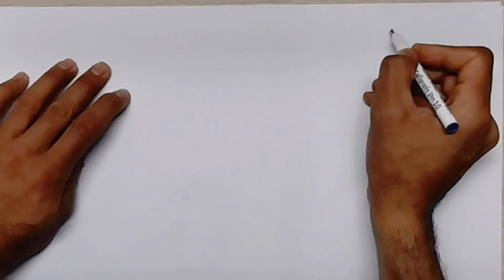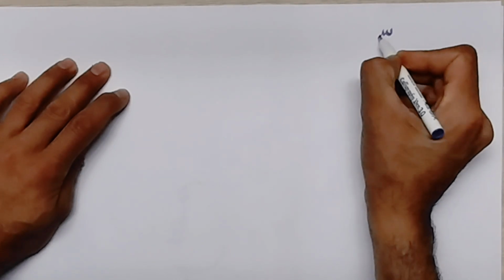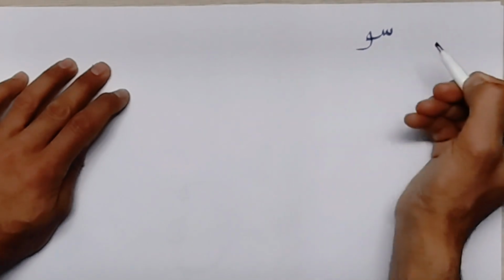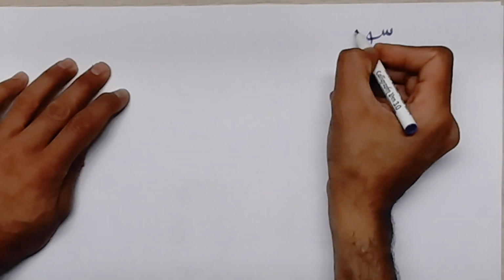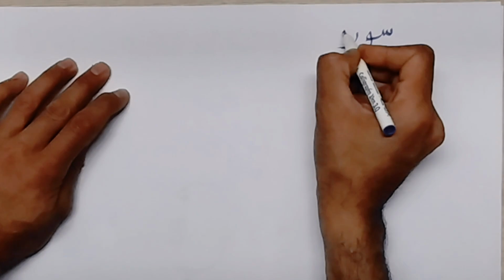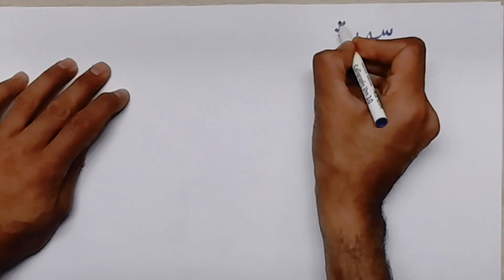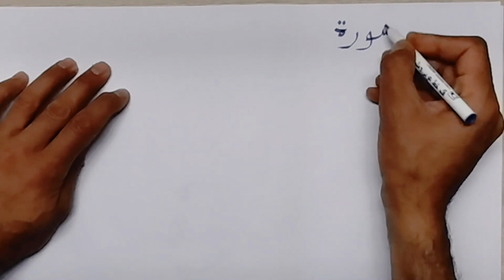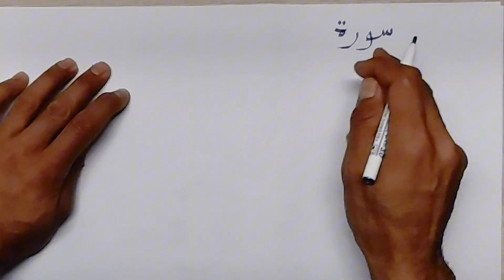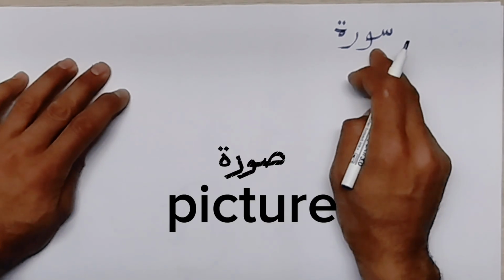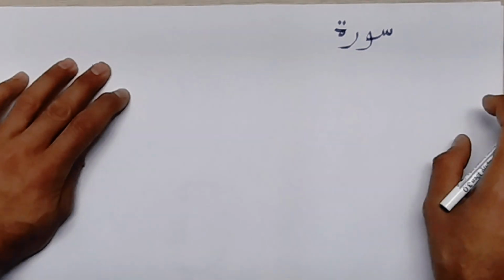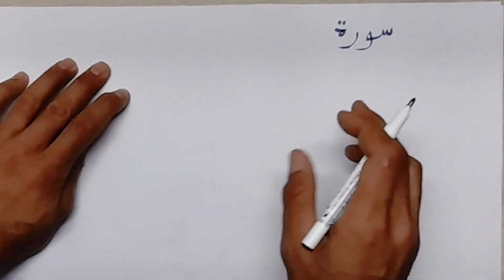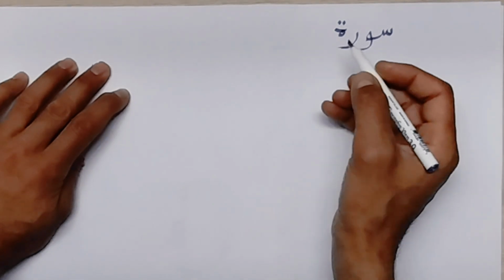Surat. Sin, of course. Waw. Ra. And ta. Of course we don't write with sad. If we write it with sad, that would be surah, and surah means picture. But this means a chapter of Quran, okay? Surah, chapter. Surat